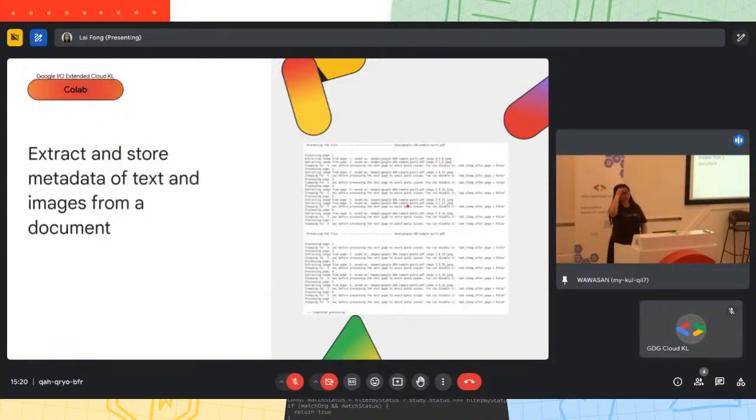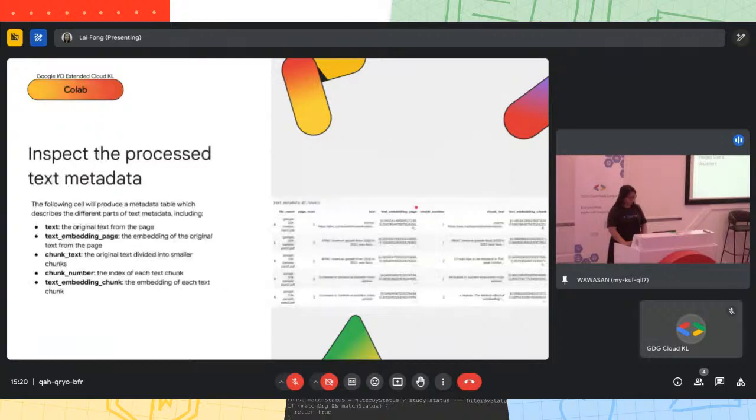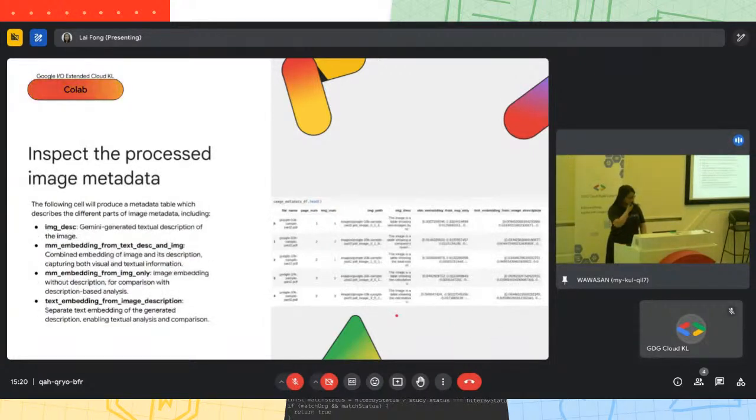It's actually stored in Google Storage. We try to download and process it. So these are the text metadata. Here you can see the chunk text and also the embedding chunk, right? Then we have the image metadata. Similar things we have from the